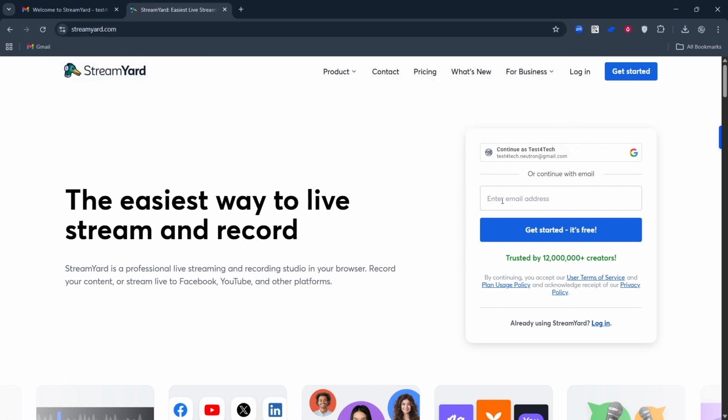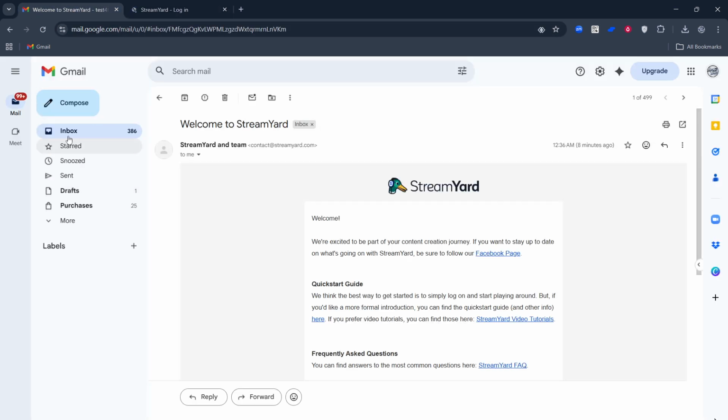Let's walk through the exact process so you can access your account quickly and confidently. First, open your browser and head to the official login page at streamyard.com/login. It's a good idea to type the address directly into the address bar to make sure you're on the correct site. Once the page loads, you'll see a simple field for your email address. Enter the email that's linked to your StreamYard account. If you use multiple emails, be sure to use the same one you originally used when you signed up. There's no password box here because StreamYard relies on that 6-digit code for authentication.